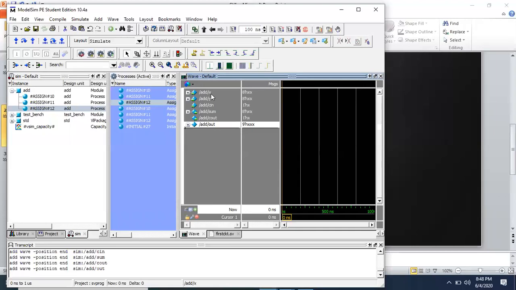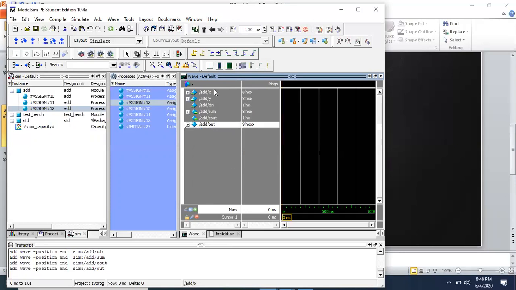Because it is an 8-bit signal. X is having 8 bits, so all the bits it is showing from 0 to 7. Similarly, Y is again an 8-bit signal, so 0 to 7. Then sum is again an 8-bit signal from 0 to 7. Then cout is 1 bit, so it is not showing any plus sign because it is a single bit. Cin is also single bit, and out is 9 bit, so it is showing from 0 to 8, right?